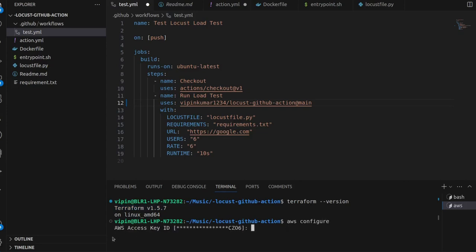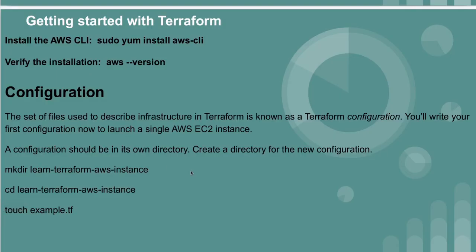It will ask for the access key, then the secret key. Once we provide the access key and secret key, it will ask for the region, meaning in which region you want to create your resources. Then it will ask for the default output format, so you can leave it blank, that doesn't matter. So you can do it like this.